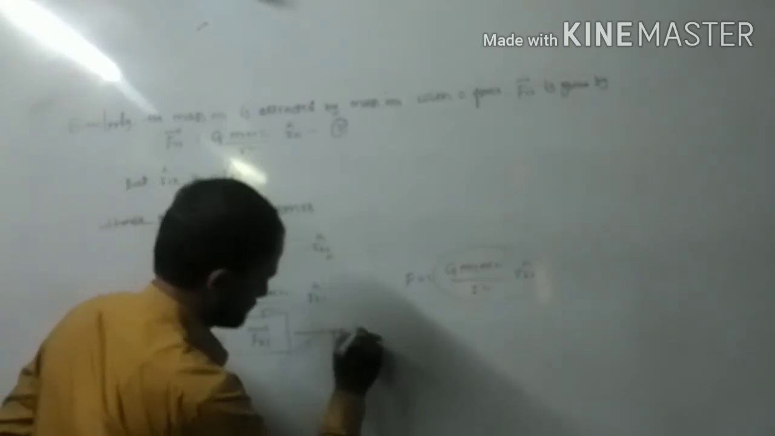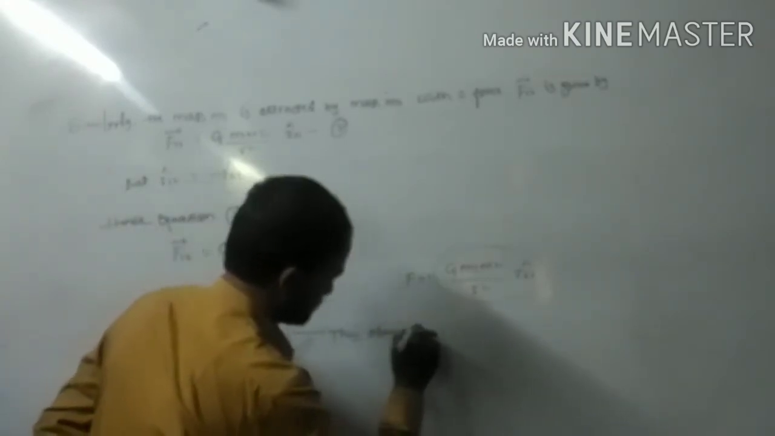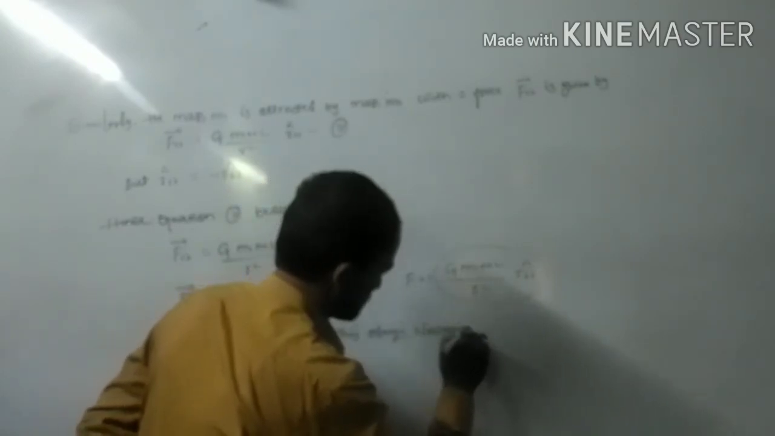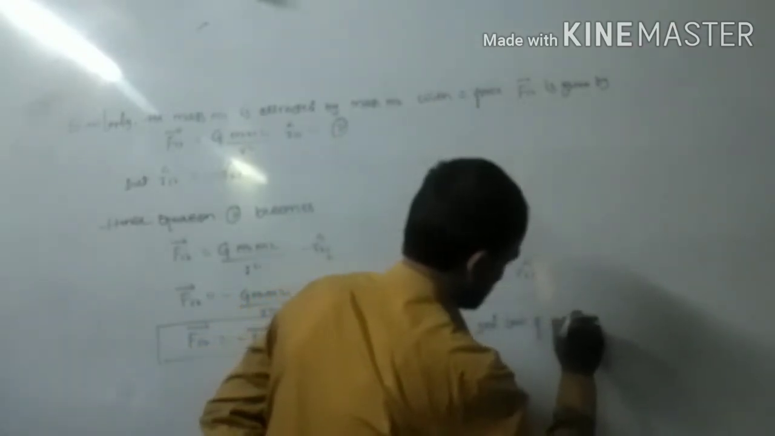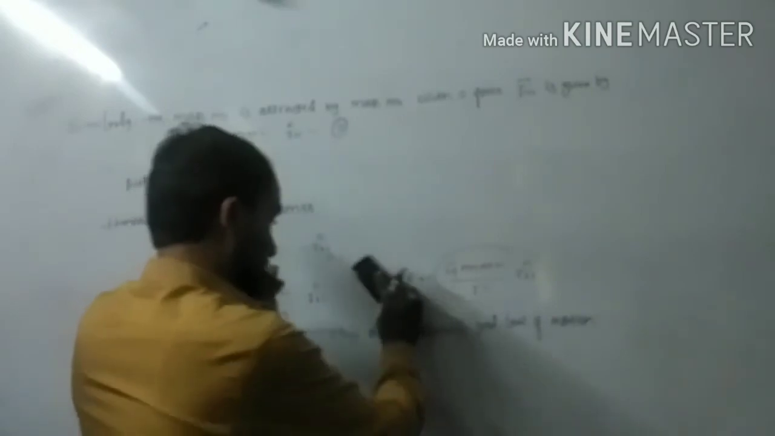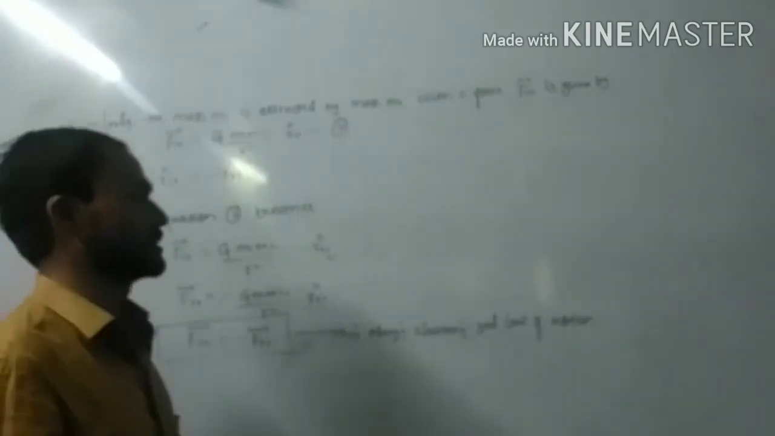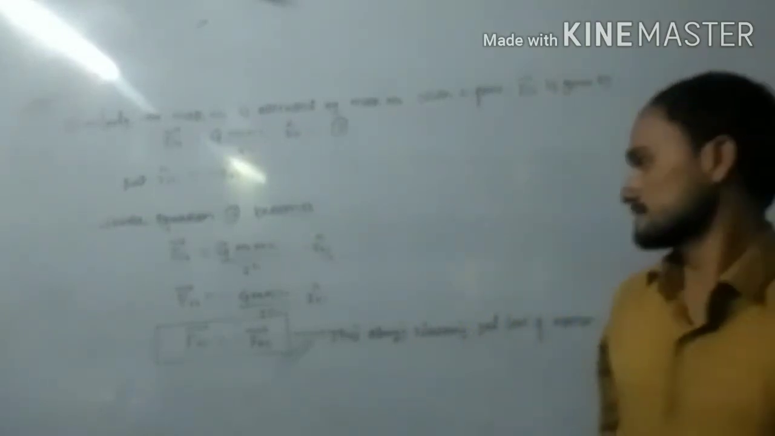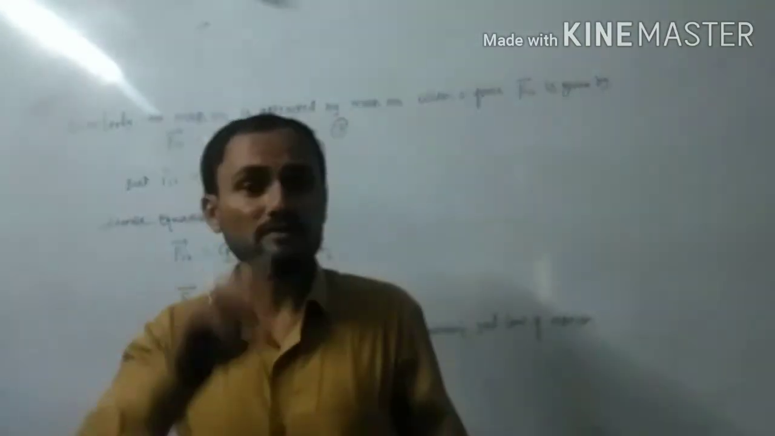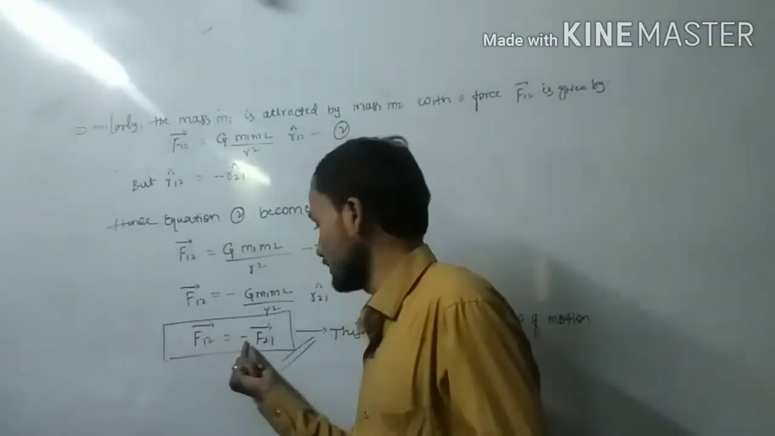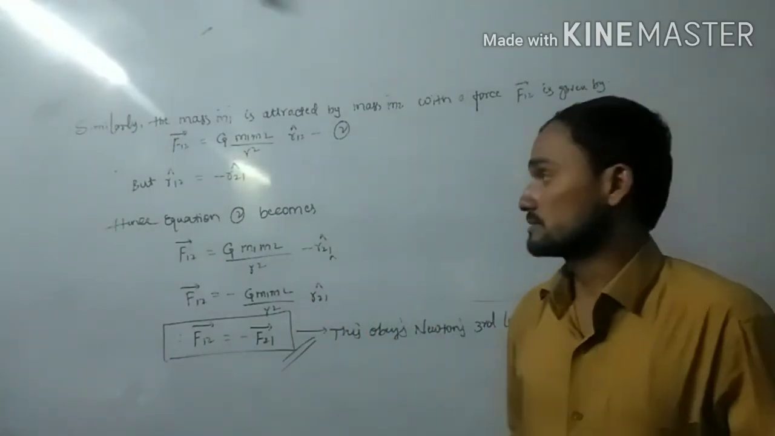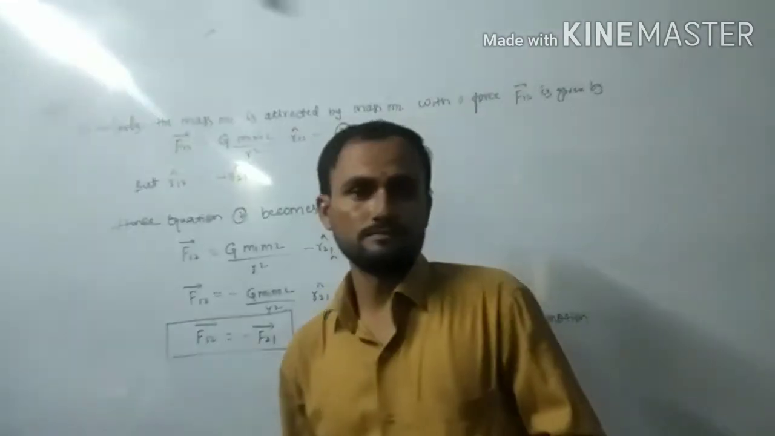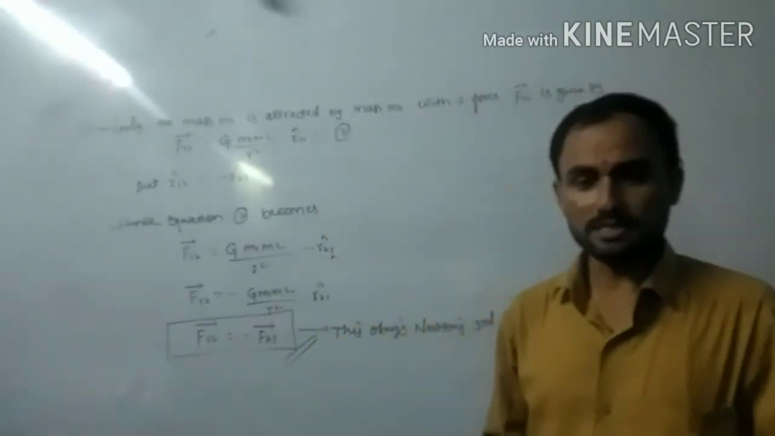So this obeys Newton's third law of motion, that is number 5 among the characteristics. Newton's law of gravitation forms an action reaction pair. So F12 is equal to minus F21. This is called the expression, or the vector form, of Newton's law. In tomorrow's class we are going to study about the